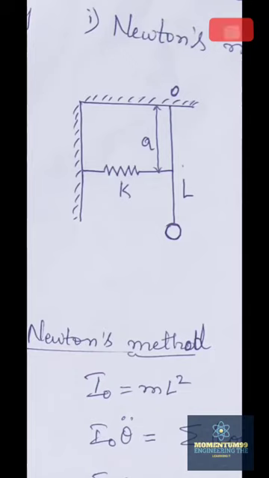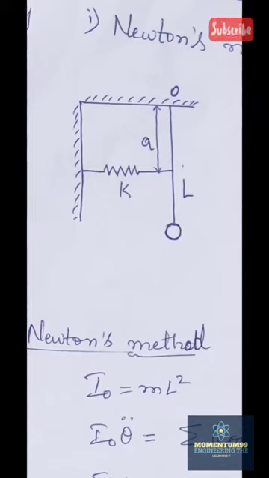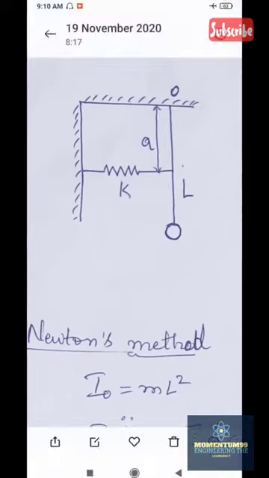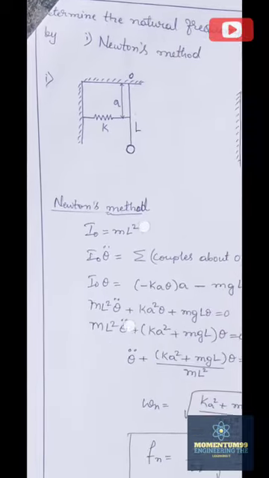To study the diagram, we have this point of suspension O and the mass is suspended at a distance L from the point of suspension. We have this spring having stiffness K, suspended from the point of suspension O at a distance A. Whenever a diagram of this type is given, you should identify the distance of the spring and the distance of the mass from the point of suspension O. Usually A will be the distance of the spring from the point of suspension and L will be the distance of the mass from the point of suspension here. And note the differences between the previous problem and this one.